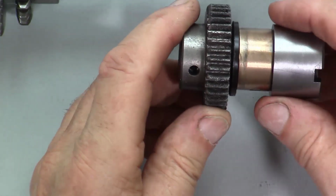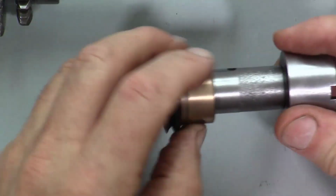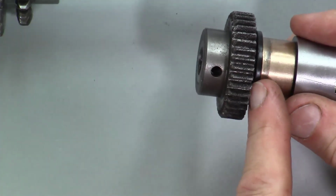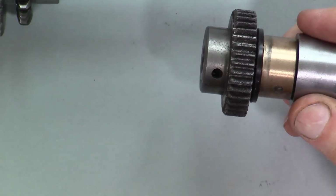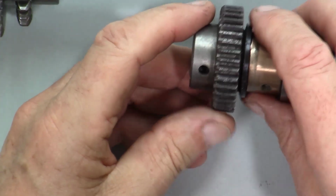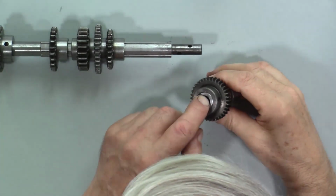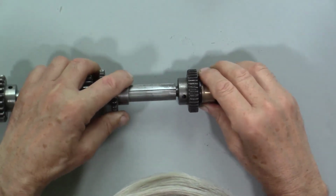But that's absolutely fine. But the question arises, how is this bearing to be lubricated if you've got an oil seal here which is cutting off the flow of oil? Oil can't flow down there, it can't flow down there. This is outside the gearbox, that part. It is true that there is a hole right down this thing. But that doesn't help us, because that hole is blocked up by this tight-fitting shaft,